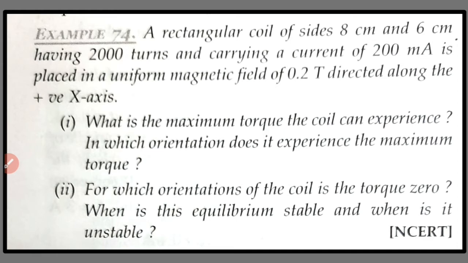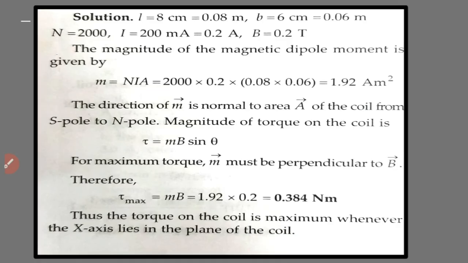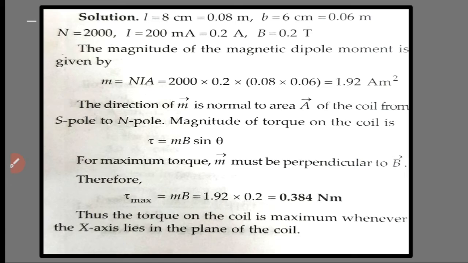When is this equilibrium stable? When is it unstable? When theta equal to 0 it is stable. Theta equal to 180 degree it is unstable. So here we have the data L and B given. From that we can calculate the area. Number of turns 2000. Current is 200 milliampere, that is 0.2 ampere. B is 0.2 Tesla. So magnetic dipole moment is